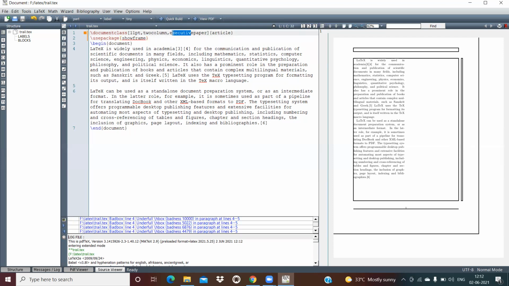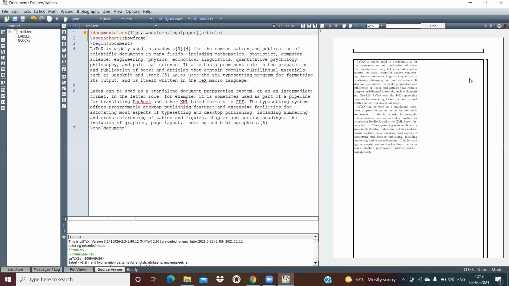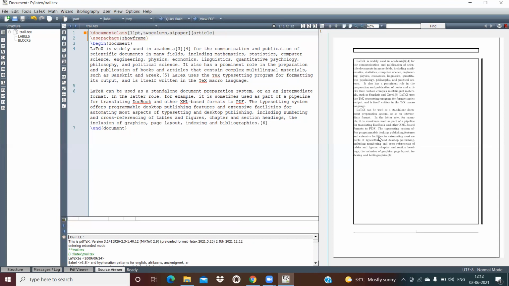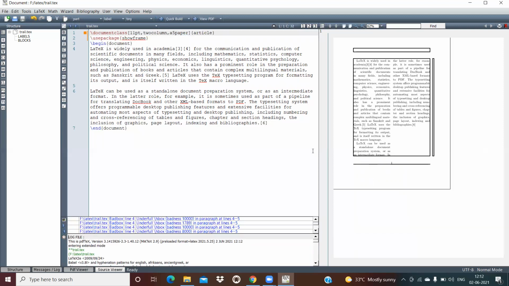I'm going to show you what the legal paper format is. This is the legal paper format, right? This is legal paper format. I can show you what A4 is. This is A4 format, then A5. This is A5 paper format.